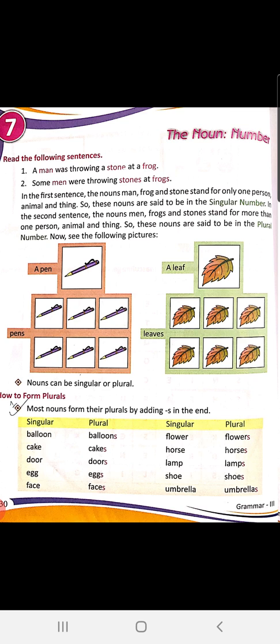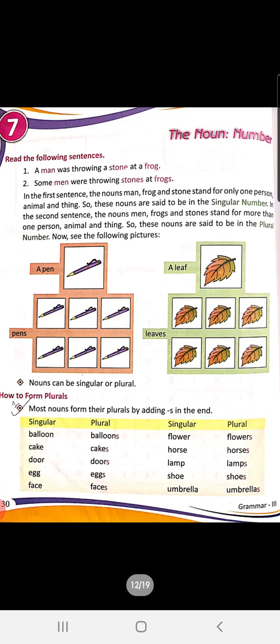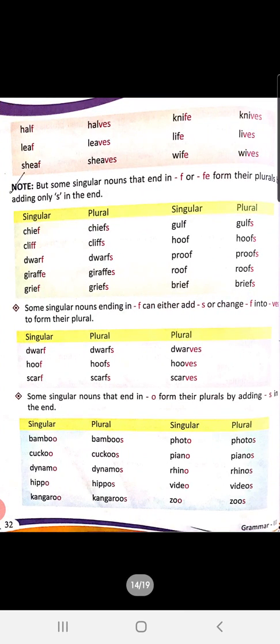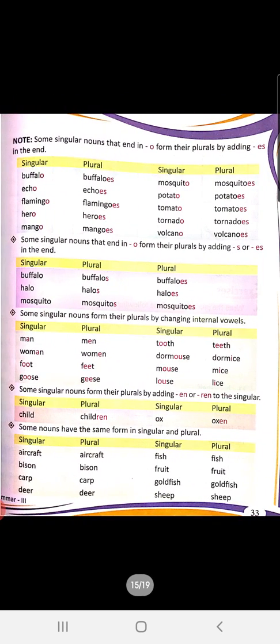Okay. There are many examples given in your book, children. The same rules are there which I just told you about. The nouns in which you have to add S, then the nouns in which you have to add ES, the nouns which are ending with Y, before that there is a consonant, before that there is a vowel, then F and FE are there, you have to remove. Okay. Then somewhere you don't. Some nouns end with O, and before that you just add S. Then there are some nouns which are ending with O, you have to add ES.